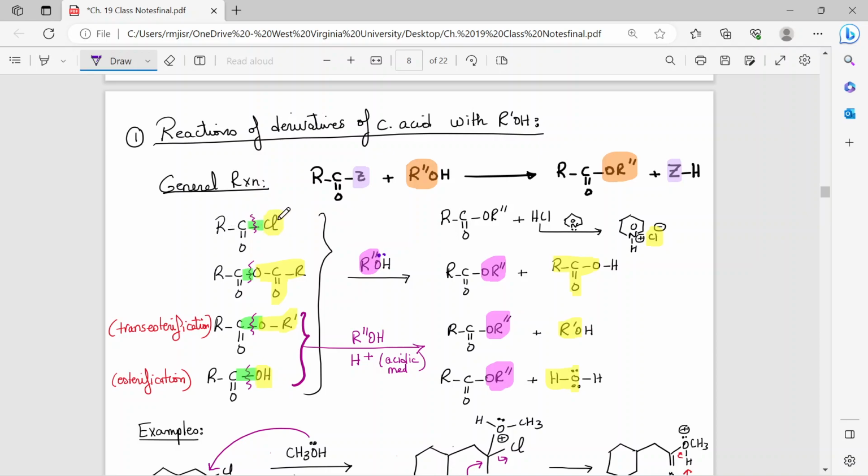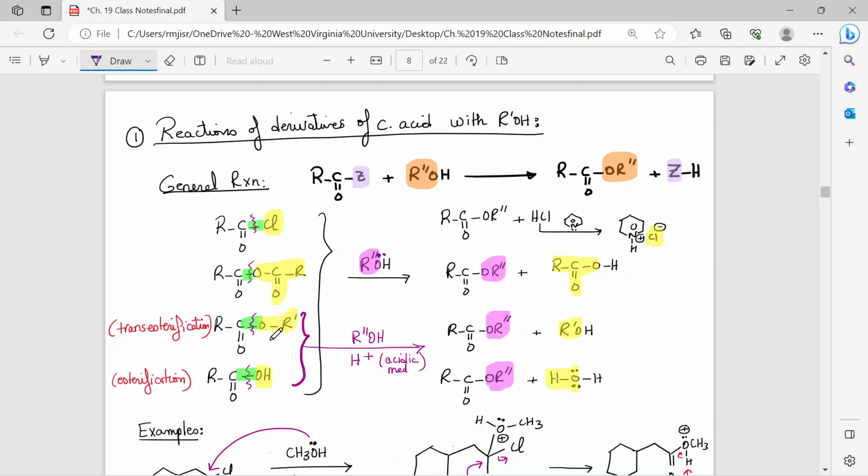So we said that acid chlorides are very reactive. And because they are very reactive, the reaction can happen with the neutral nucleophiles without any acidic medium to drive the reaction. In there, since the Cl is a good leaving group, the alcohol can attack the carbonyl, form a negative charge, everything closes, and the Cl is going to leave. In this case, same thing for the anhydride. Those two are reactive, although acid chloride is more reactive than the anhydride. So no need for the acidic medium for these two starting materials